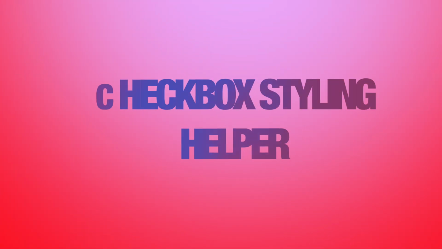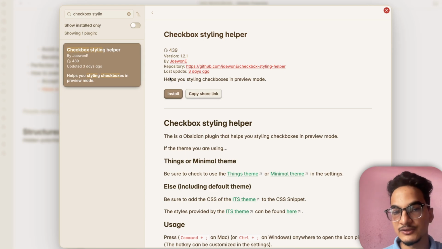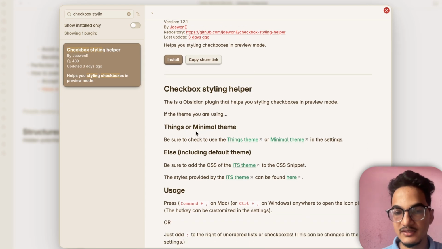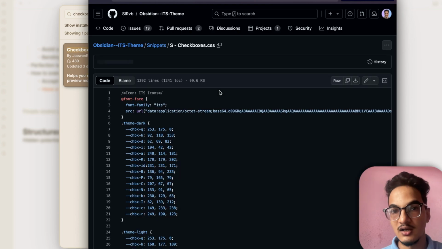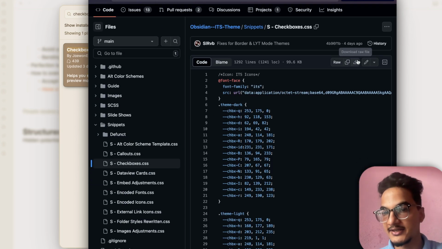The next plugin on our list is Checkbox Styling Helper. This is a plugin that will help you style checkboxes in preview mode. If you are using Things or Minimal theme, you don't need to do anything. But if you are using any other theme, then you will need to add the CSS snippet of ITS theme. You will need to download this CSS snippet from here and add it to the snippets section inside your vault. So you will download it from here